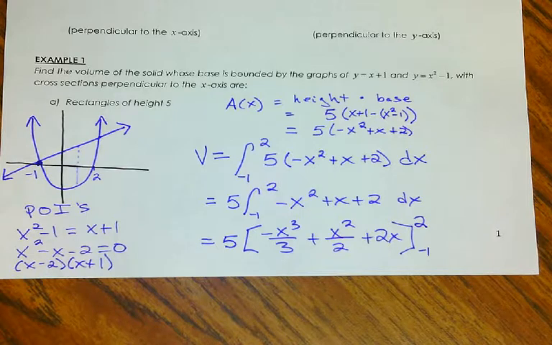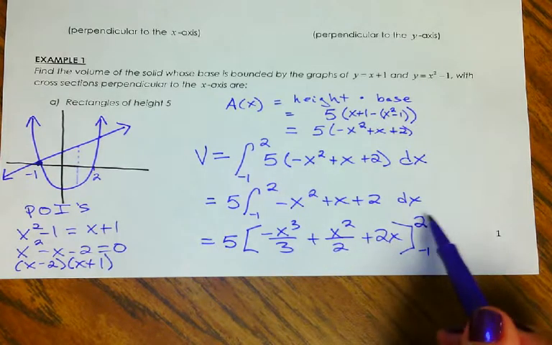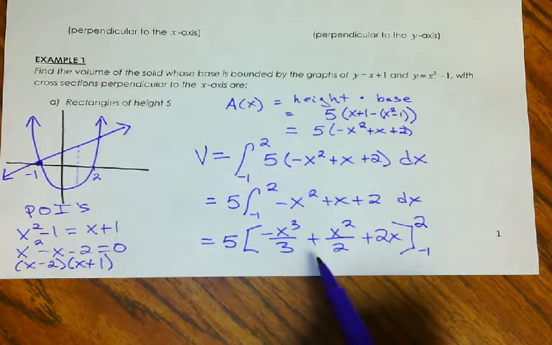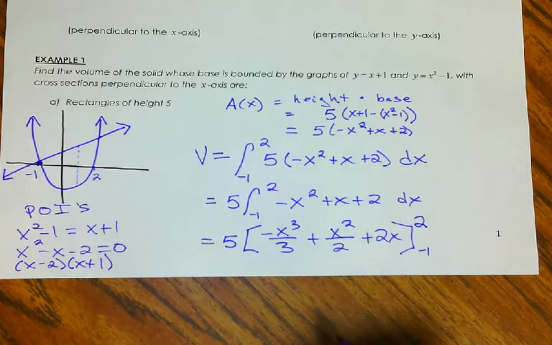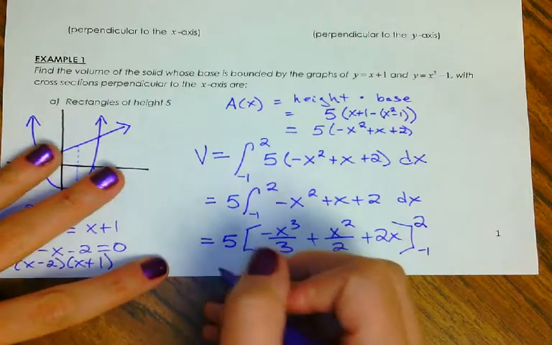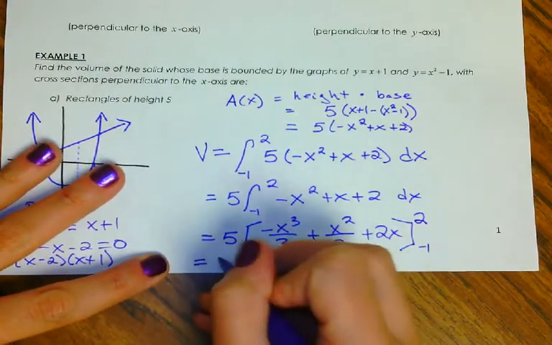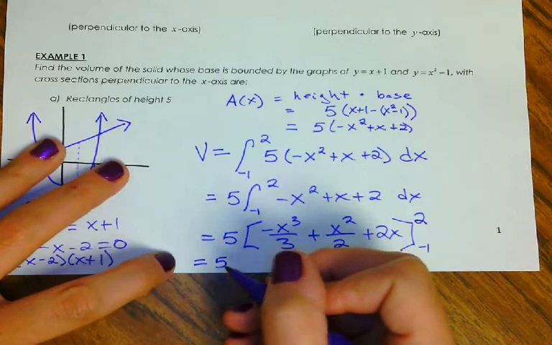And then from there, it's just applying your fundamental theorem of calculus. So your fundamental theorem of calculus says you take the 2, you plug it in, minus what you get when you plug in the bottom number. And again, that 5 just kind of comes and goes for the ride. So you've got 5,